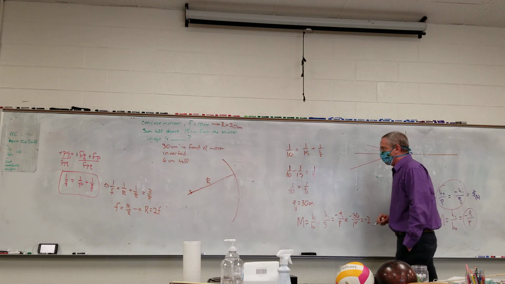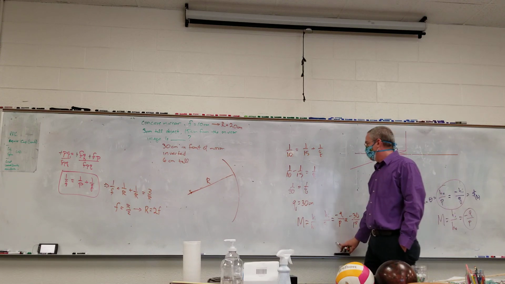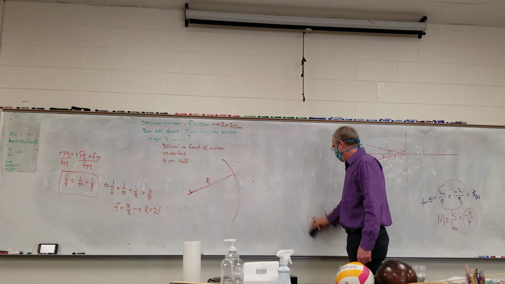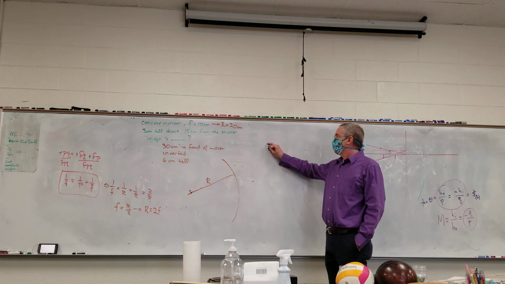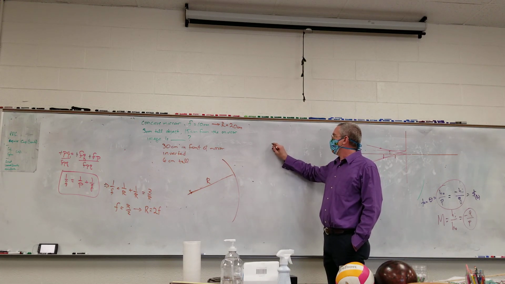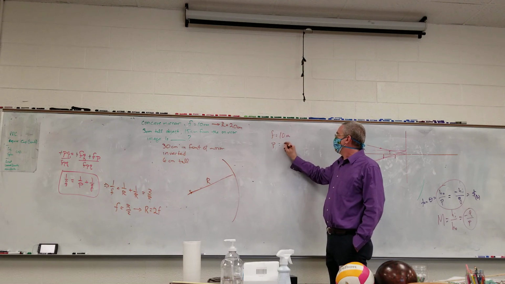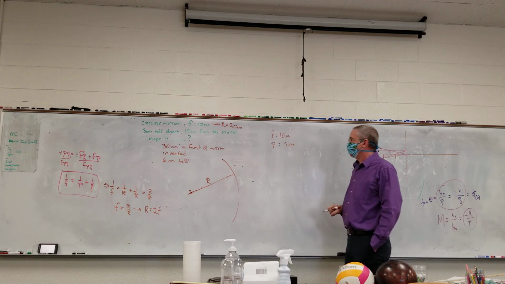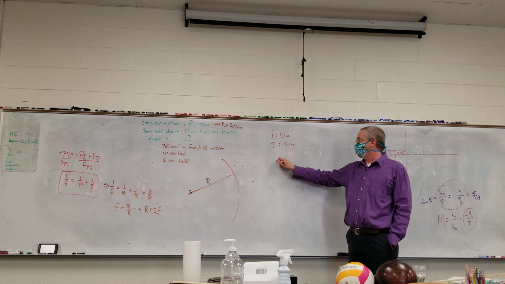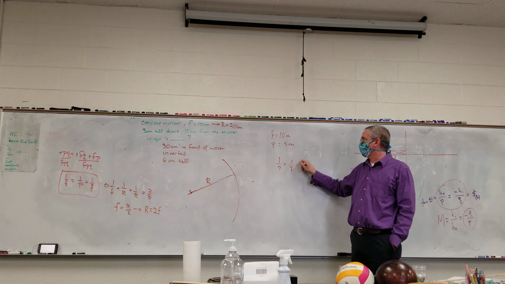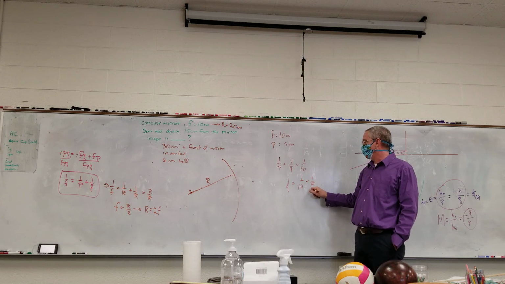And the other thing I want to deal with is similar to that, except now I want to make P, with the focal length 10 centimeters, let's make P 5 centimeters. What is Q? So 1 over 5 plus 1 over Q is equal to 1 over 10. 1 over Q is equal to 1 over 10 minus 1/5, which is